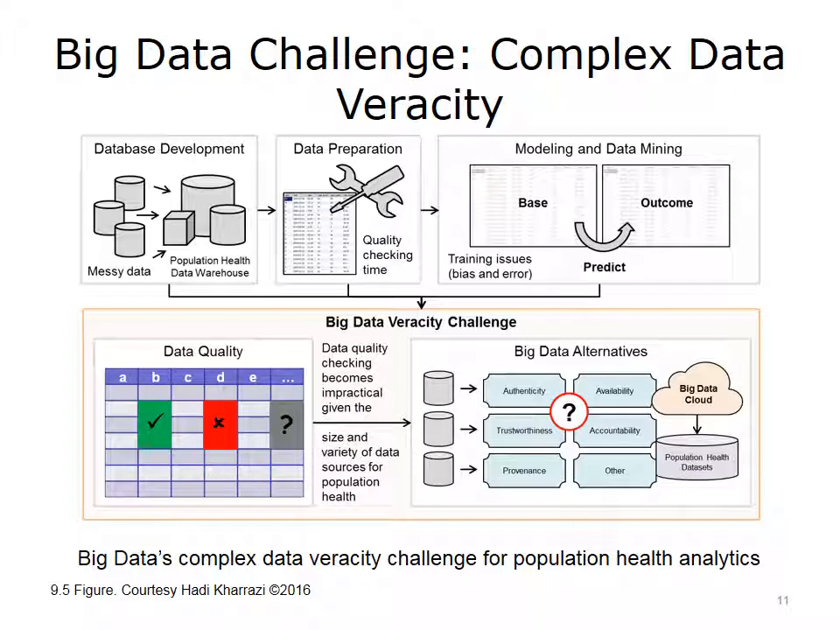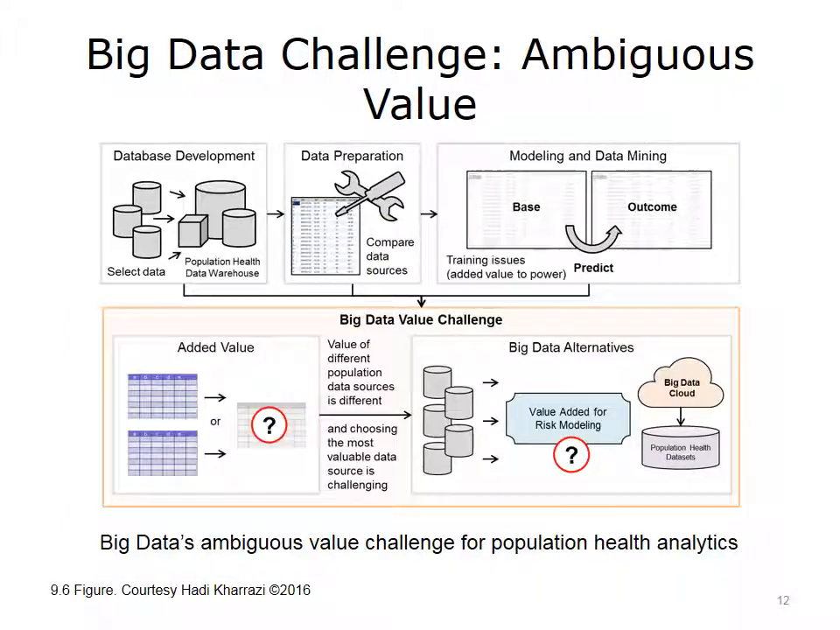Big data platforms and solutions should become more mainstream in such conditions. The big data alternatives include specialized mechanisms to resolve these issues to some extent. This diagram shows the effect of big data's ambiguous data value on the population health analytic process. The affected analytical processes are partially depicted in the top half of the diagram. The lower half of the diagram shows the reason for such limitations and how big data solutions can help to